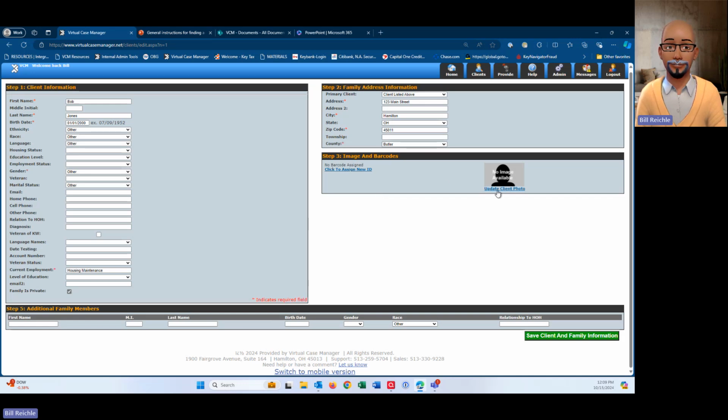I could use this if I have a webcam. I could use this hooked up to the computer and take their picture. I could also add additional family members. This is one place you can add family members. There is another, and I think I will. I'll make a